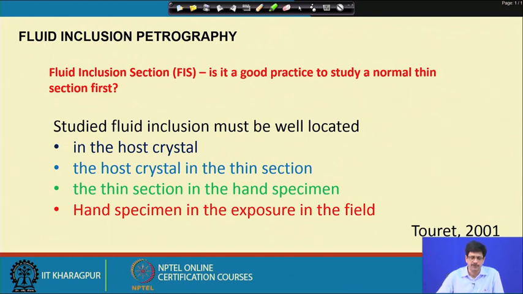So, if we talk about fluid inclusion petrography, it is very akin to or similar to what we know as petrography of rock. But before that, let us be reminded of the fact that we study fluid inclusions in sections, which are the doubly polished thin sections. We call them wafers, or they can be called fluid inclusion sections, meaning the wafer that we have made